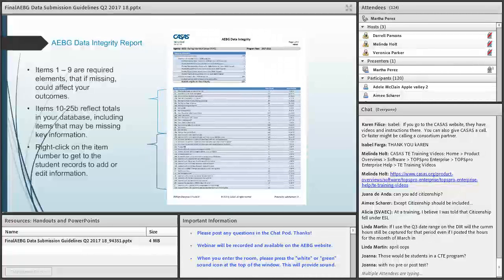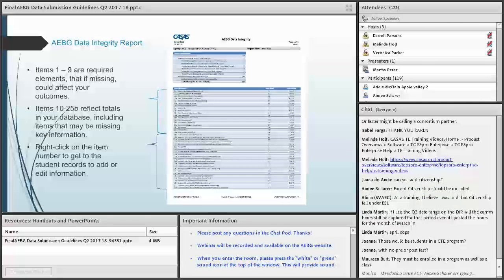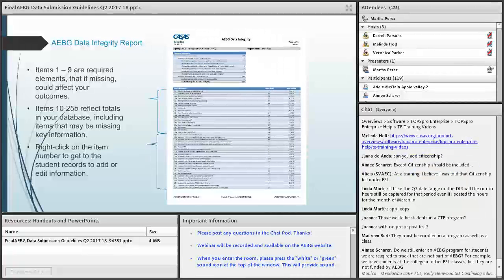Our next slide will bring the data integrity report together so we can see these items in here. And as you can see, items 1 through 9, these are required elements that, like it says here, if missing, could really affect your outcomes.